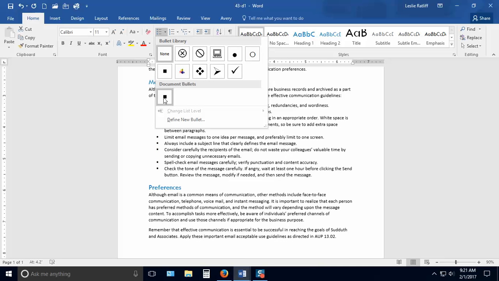Now, in my classes, I don't care which bullet style you use, as long as the bullet is relevant to the material that's in the report or the topic of the report. You can use the little black squares. You can use the little black dots. You can use the open circles. You can use a check mark. You can use an arrow. If this report is about